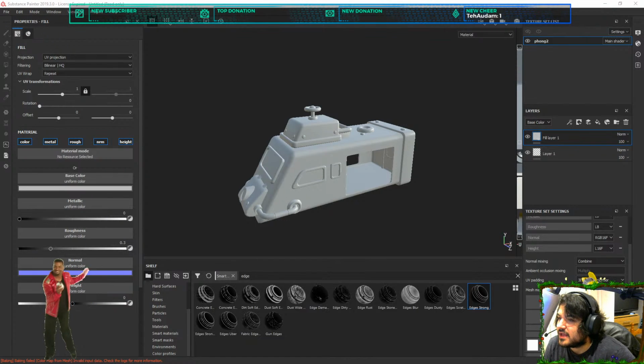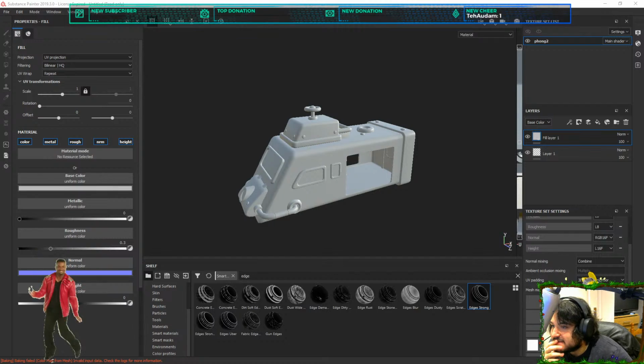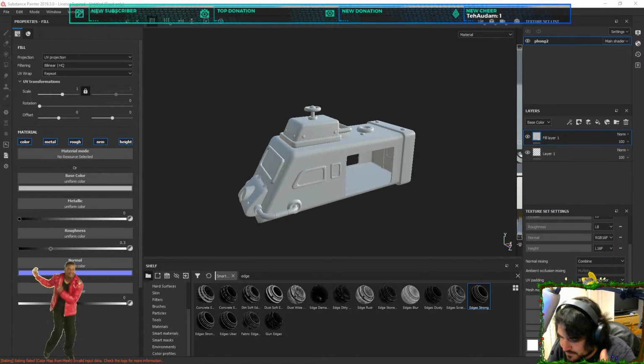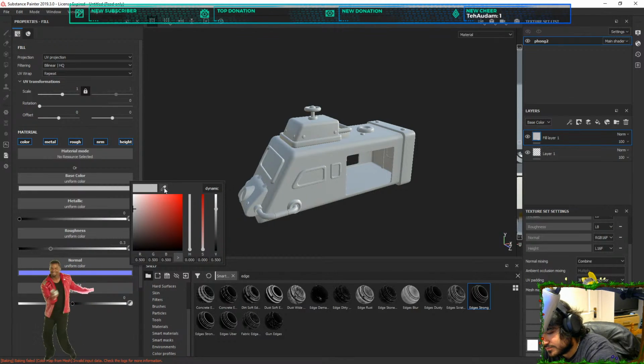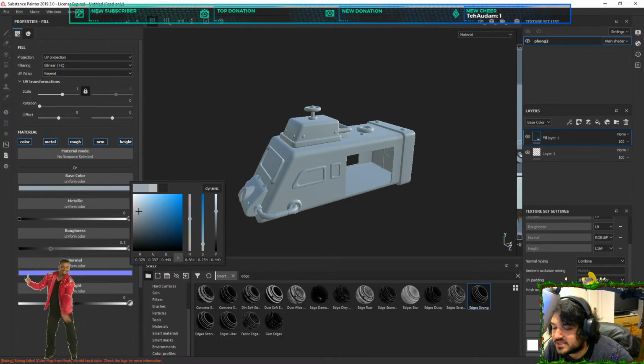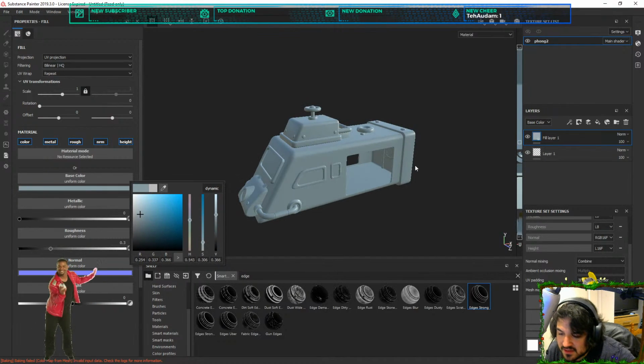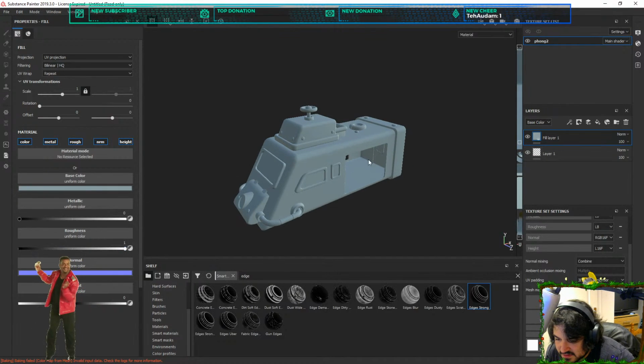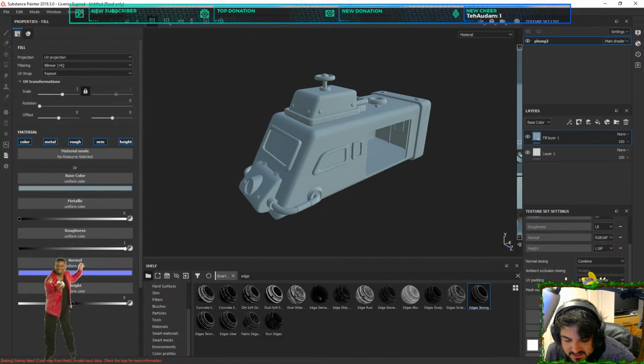Right, so the train. The train's got rusty bits on it, that's interesting. But that's probably average color. Roughness. Disable all of these just in case it's adjusting its color.